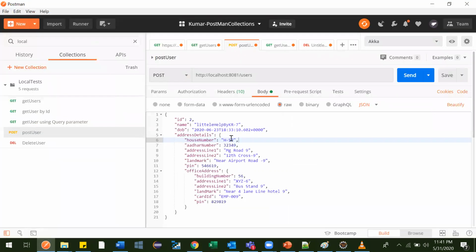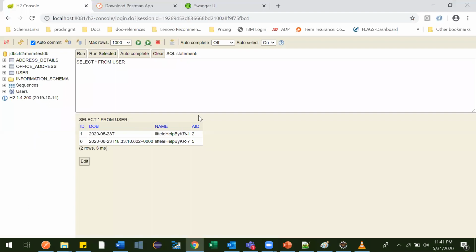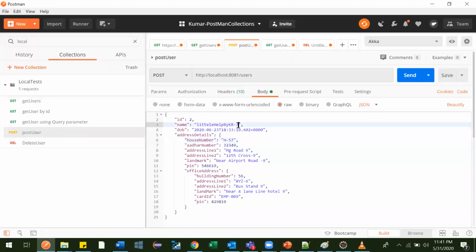Now, we saw that we added one user, and it got added in the DB also. Let me add one more, with 71, then 9, then 58, then 8, 8, 8, 58.